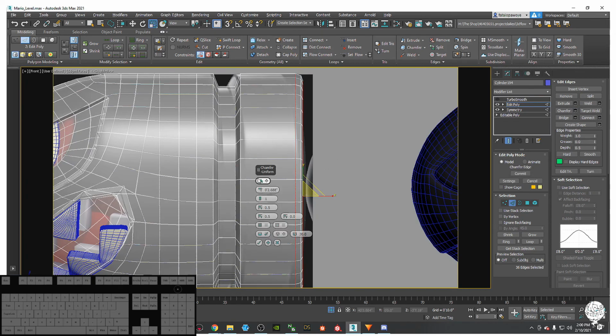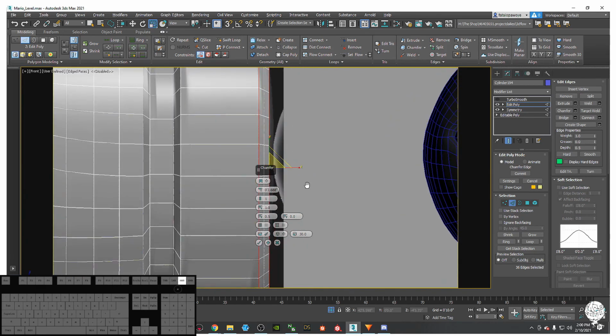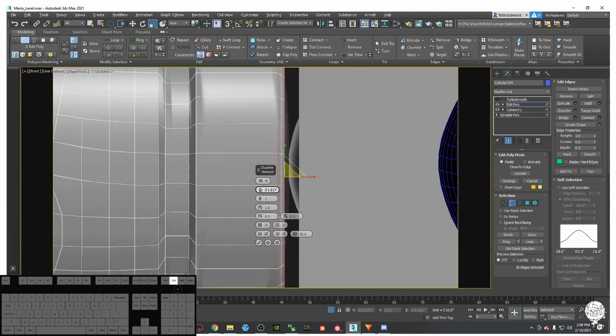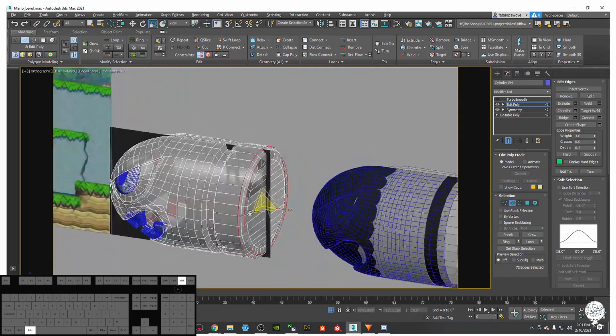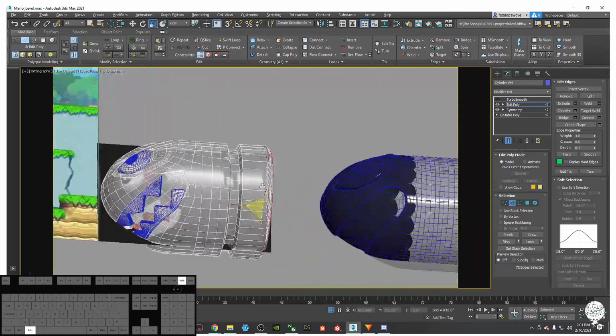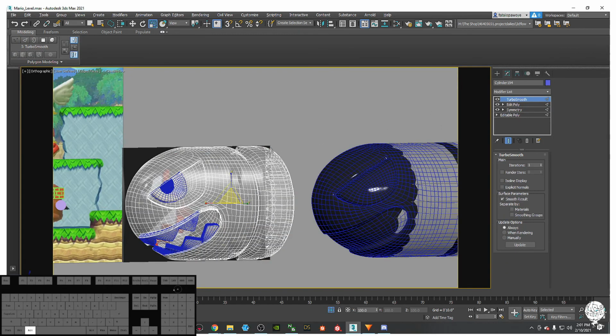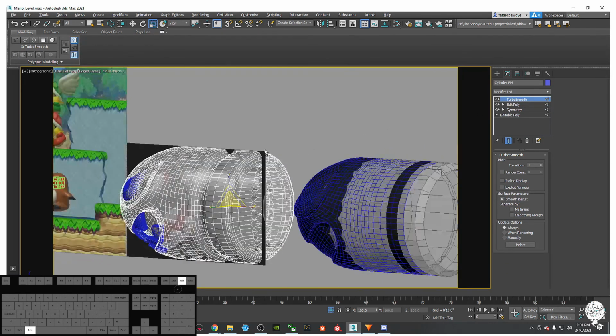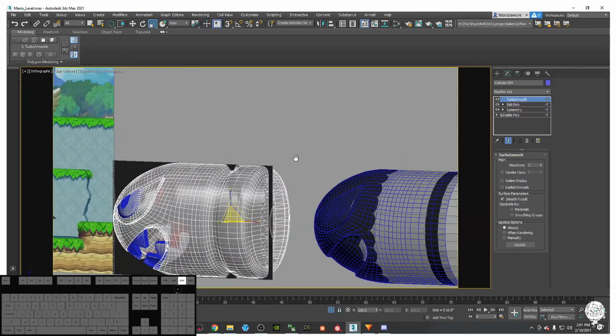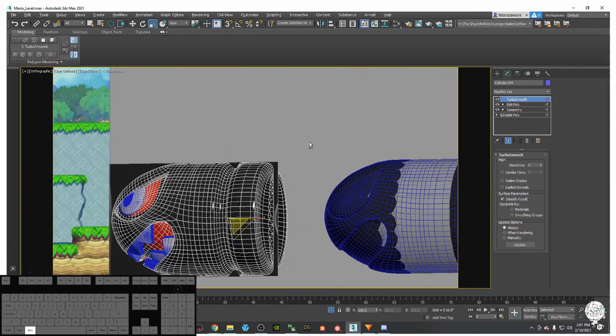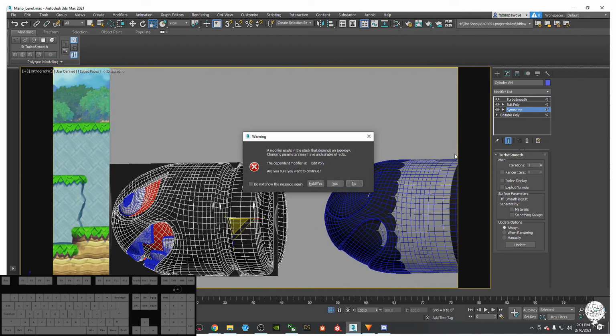Just throw a chamfer on, and let's change the type to a quad chamfer like that, and then just bring it back down, and then just like that we've made ourselves our bullet. Alright, so now we can just throw in a turbo smooth, Alt X,